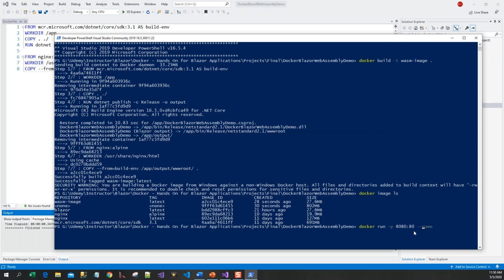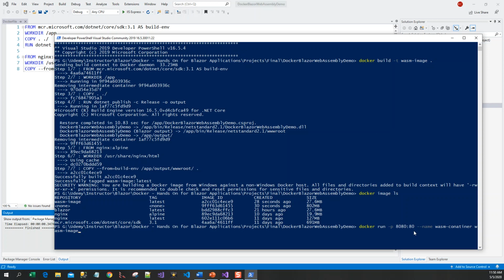This is the name I will give to the container, Wasm container, and this will be built from the Wasm image, right? So Wasm image.